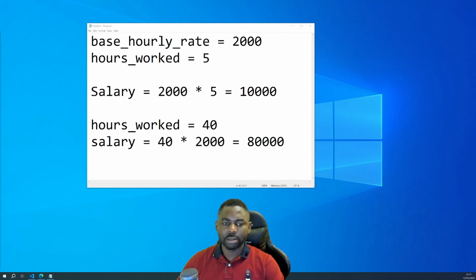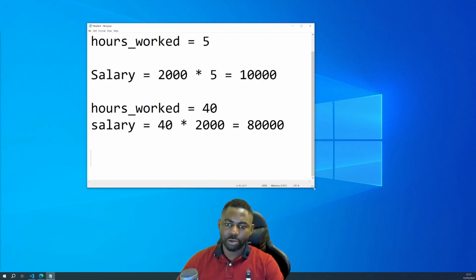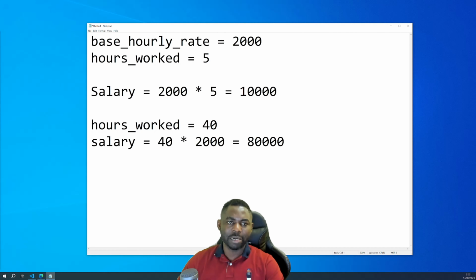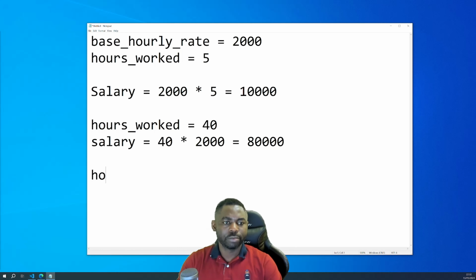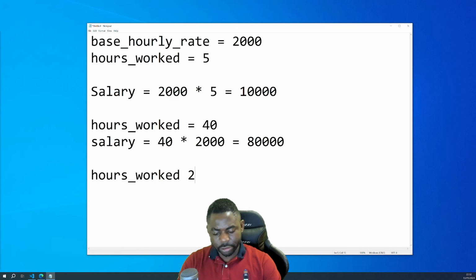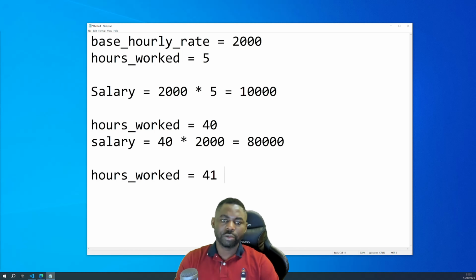This means that, because for you to write a program, you must know how to solve the problem manually on paper. I'm mimicking the paper here. If somebody works for 41 hours, then the salary should be